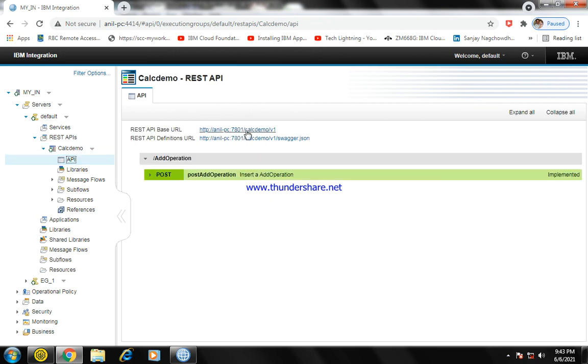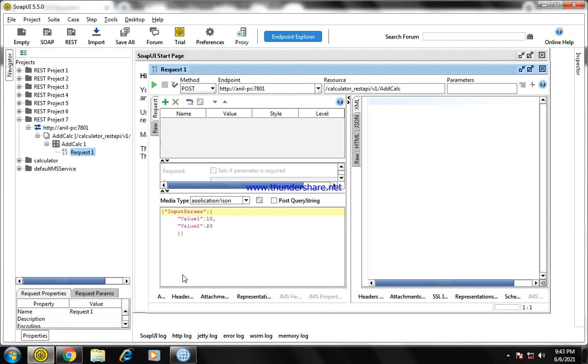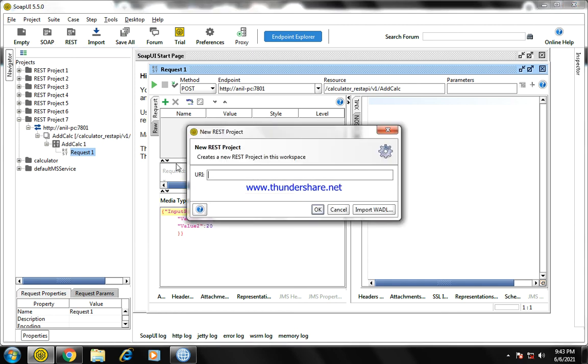See, this is the URL which you are going to use in your SOAP UI or Postman tool. After that you need to give the operation name. Let me open the REST API and copy this one.